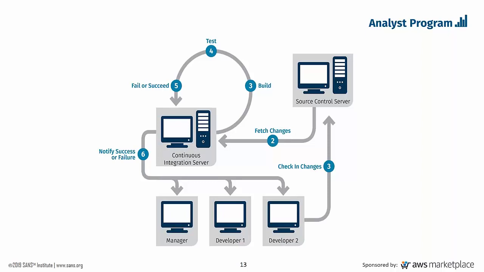We check in our code, and it goes up to the source control server up in that top. And that source control server has a copy of the code that's getting ready to be integrated together. And then our continuous integration server goes and pulls it, takes that data, and does a whole bunch of tests, whatever we want it to do. We can have it test for,